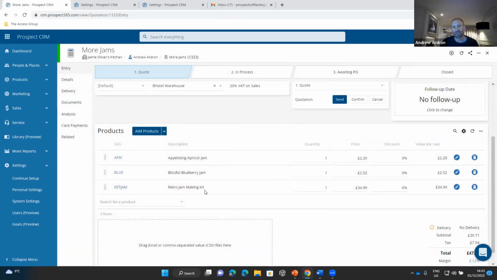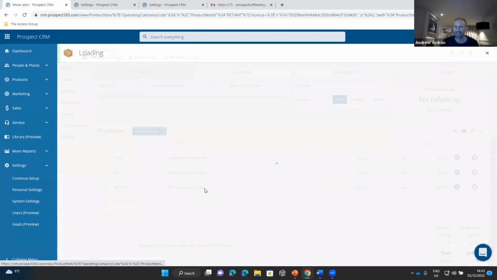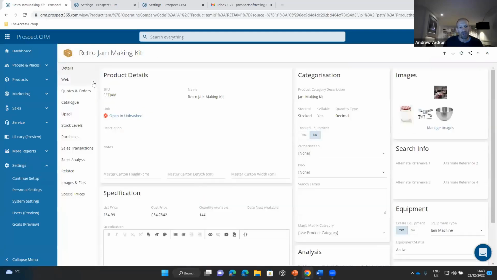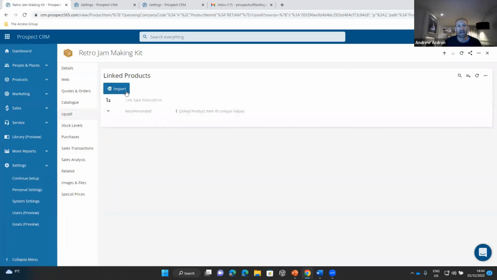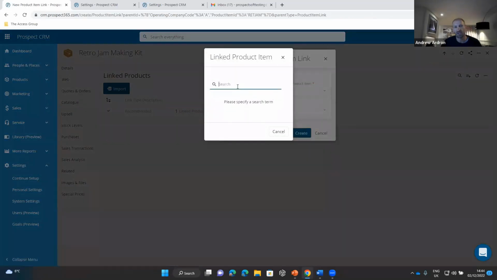So we put some of these products in. I'm just going to go to the jam making kit and just show you that if you go to the products in the CRM, there's all sorts of information I'm not going to get into. But one of the key things is that I can do some upsell. And you can import upsell in bulk now. This is a feature we've added fairly recently. But if I just do one upsell, just to show you